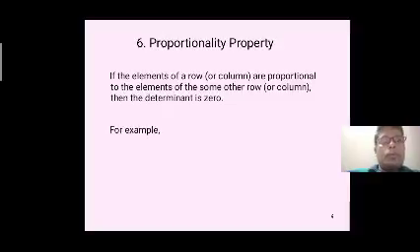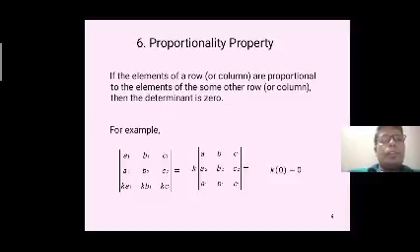For example, A1 B1 C1, A2 B2 C2, Ka1 Kb1 Kc1 equal to K into A1 B1 C1, A2 B2 C2, A1 B1 C1, which is equal to K into 0, equal to 0.